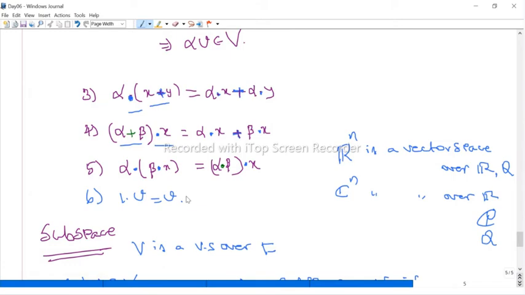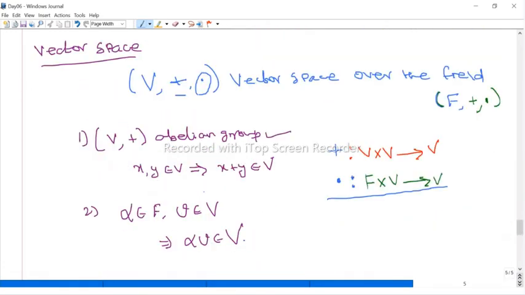But there is no need to check multiplication, because this is not the usual multiplication. This is scalar multiplication. Therefore, you need not check that if we take any two elements in V, the product is in V. We cannot define that, because we cannot take the product of two vector elements. We can take the product with one scalar. So the elements of V are called vectors. The elements of capital F are called scalars. We can add two vectors, but we cannot multiply two vectors. But we can multiply one vector by one scalar. That multiplication is called scalar multiplication.